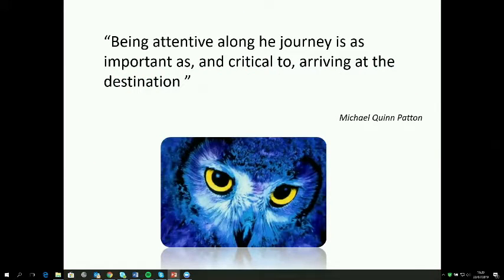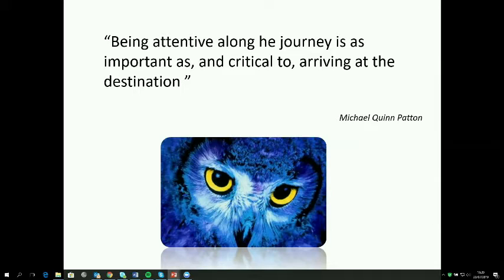So just to sum up this section before we go to the next section, this is a critical piece of what outcome mapping embodies. We're not just looking at the destination, we're not just looking at that final long-term impact, but we're being attentive along the journey.